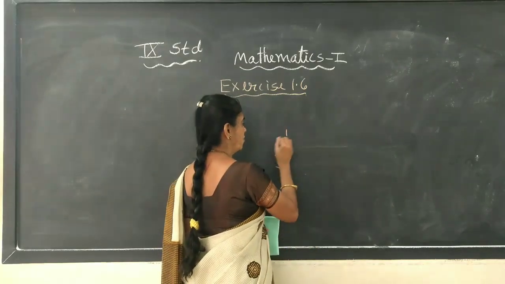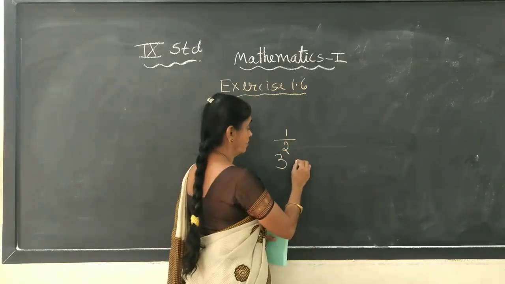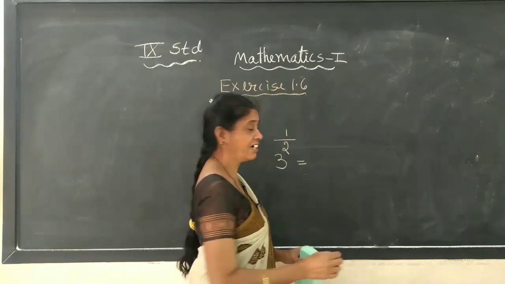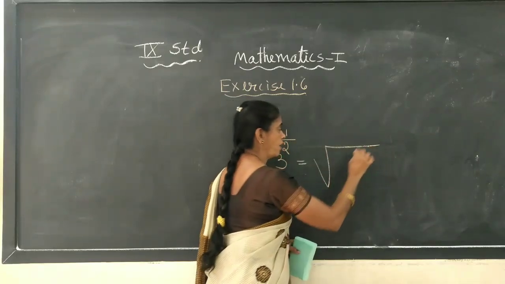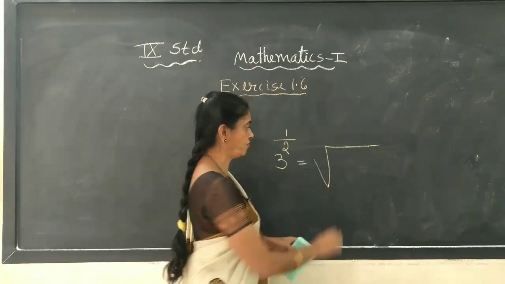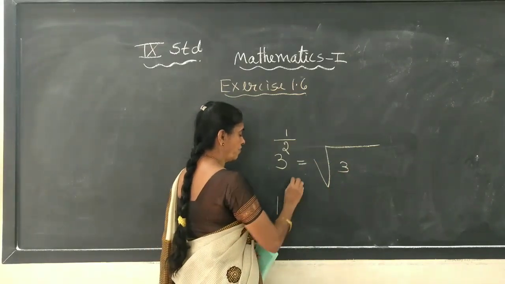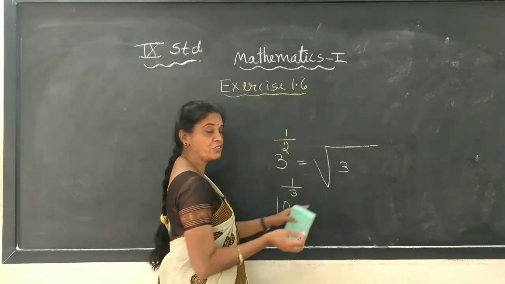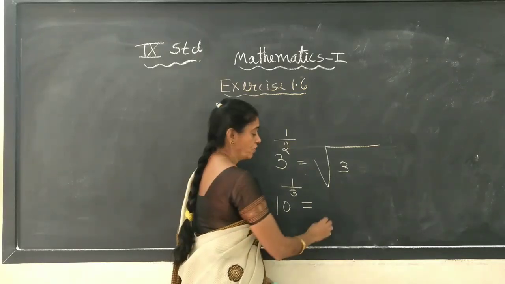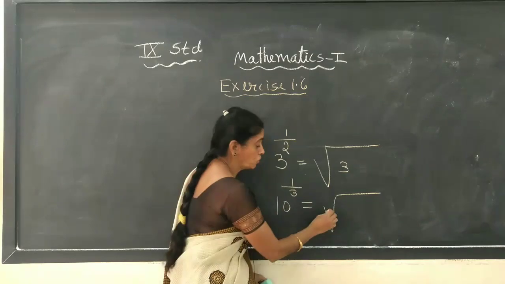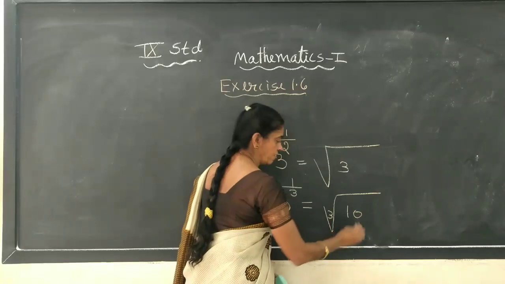3 to the power of 1 by 2, how do we write it using the root sign? Which root is it? 2 is the square root, you have to see this number. Square root of 2 we are not writing, only this sign, square root of 3. Say I now have 10 to the power of 1 by 3. How do we write it using the root sign? Write it down in your book. It is the cube root, it is 3. So it is the cube root, and this number is the base, which will come inside, 10.